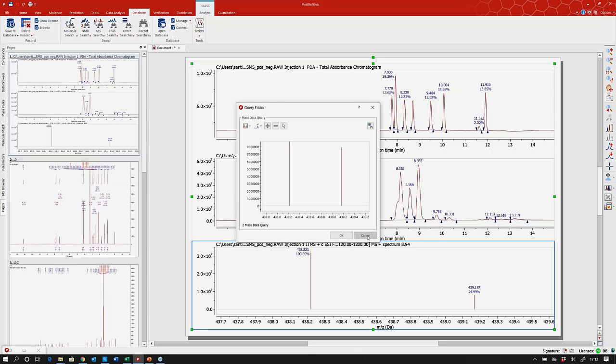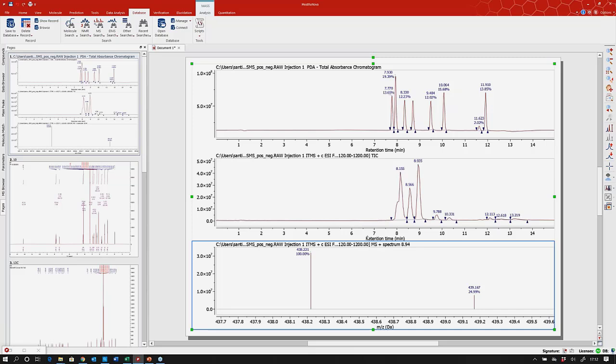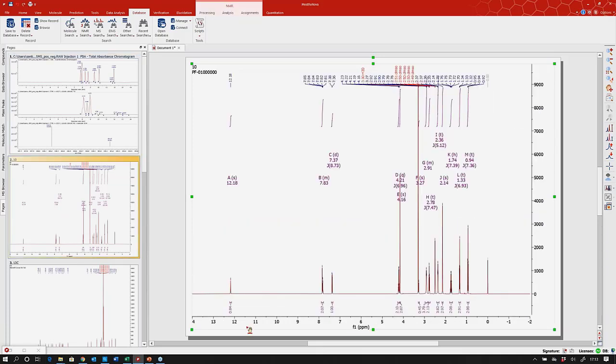Okay, so we're going to cancel because we don't want to spend so much time on the mass spec right now, because we want to look at some other ways in which we can search. So for example, let's imagine we all go to the proton. I've run a proton spectrum, and again, I want to know, do I have anything with, for example, an aromatic region that looks like this in the database already? So I can zoom into the aromatic region,